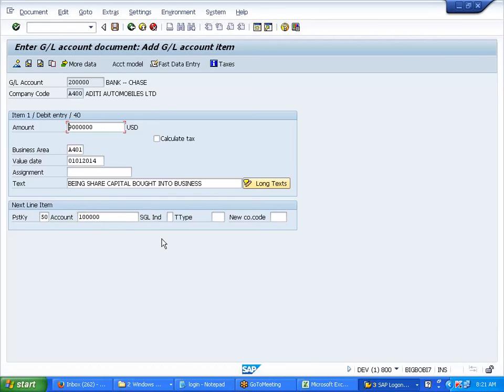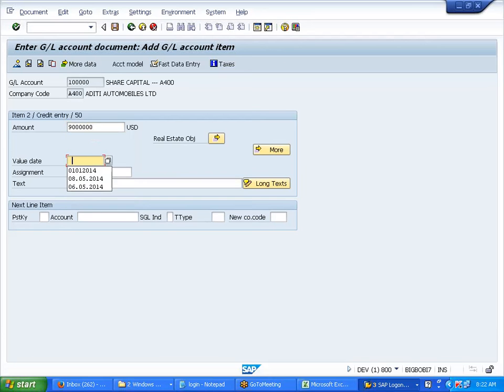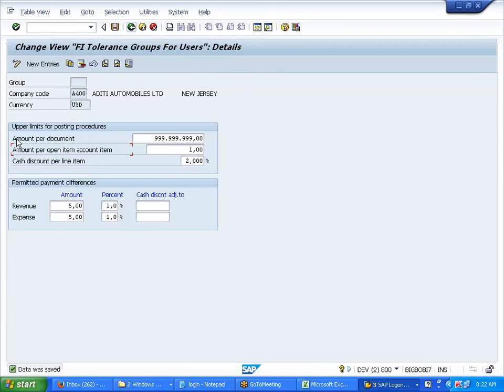Enter. Second line item. So we conclude here that amount per document belongs to GL, and the amount per open item and account item belong to the time of AR and AP, when we do posting of the vendor and the customer. We'll not do that right now. Let it be as it is. When the error comes, we'll come back and do it again.